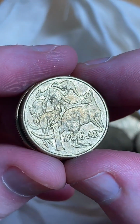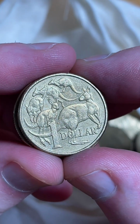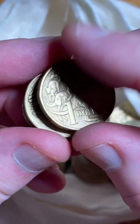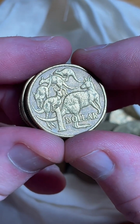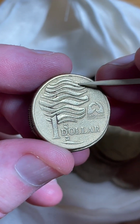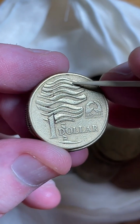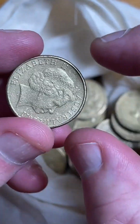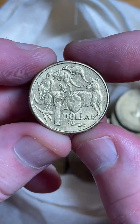Here we go, 2016, let's check for those little errors. Not on that one. Can get some extra metal through these grooves on these Landcare $1 coins, but that one doesn't have it. Last coin here, a 2011